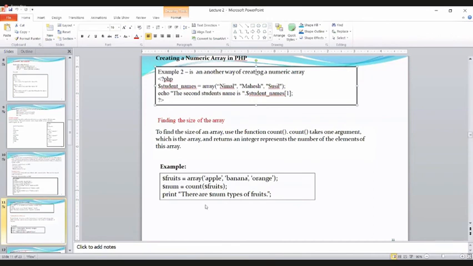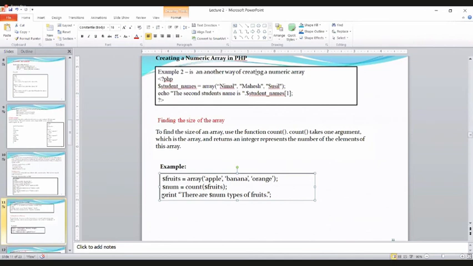To count how many numerical values there are here, you can write within the count function, the assigned variable name, right? Then print how many values there are in your numerical array, right? How many types of fruits are available? You can assign this into a different variable also and display the result.